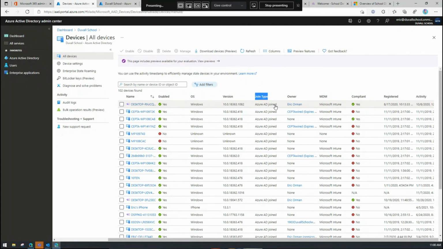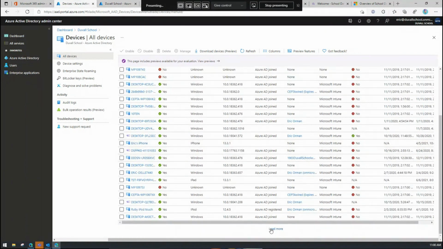It's domain joined directly to Azure. The other way is